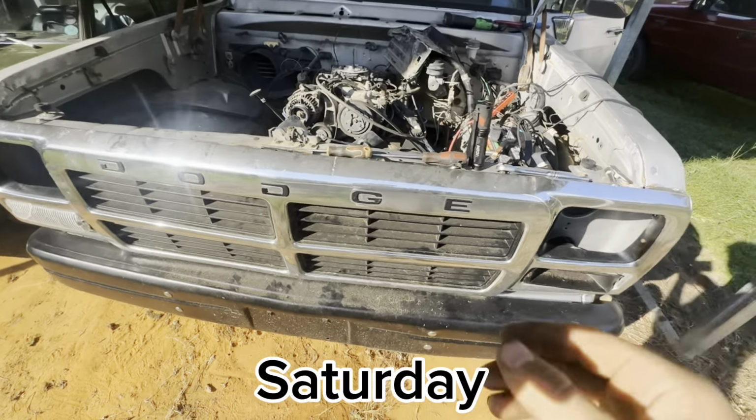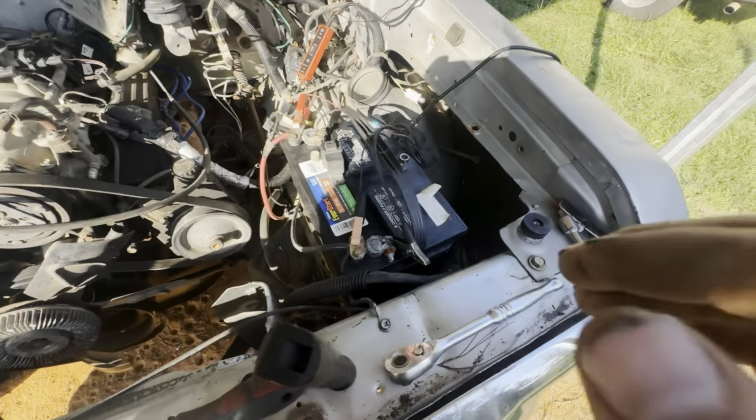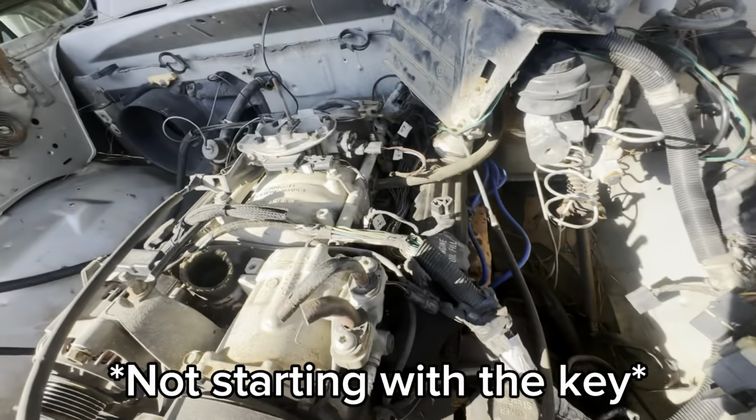Okay. I don't know what in the heck he did with all this wiring, but there's a ground that's shorted somewhere that's hot, apparently. But that one's a good ground. I just found that. And I don't know why the starter's not working, but...